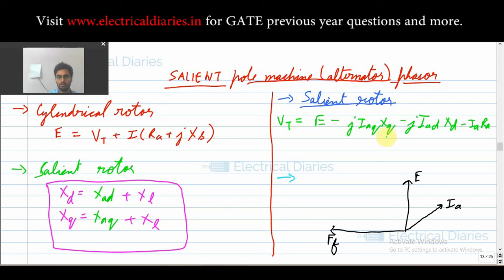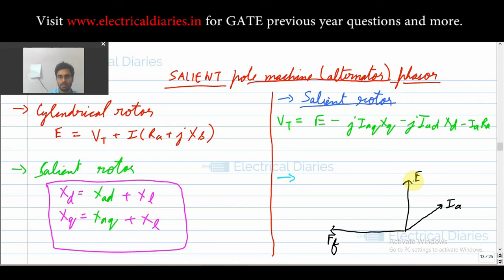Now you have to implement this equation in a phasor. I hope you know how to do this. See, this is the base. For any synchronous machine, you could easily make this. For the case of a motor, your IA will be in the opposite direction. This only you have to remember. So I am taking an alternator, so it is your E.